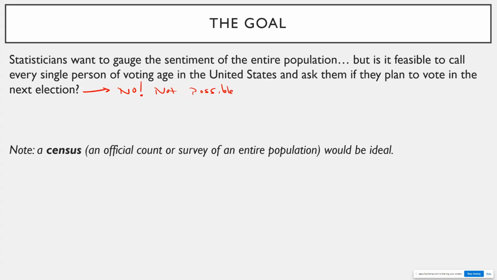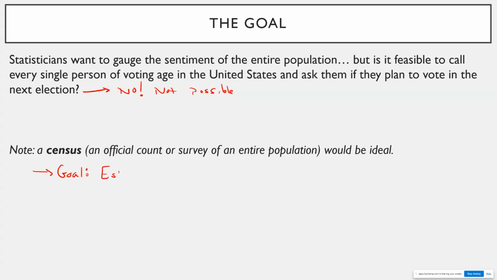Number one, it would just take too long. You have to think about how many people there are of voting age in the United States. We're talking hundreds of millions. So it's just not feasible. Note here that a census, an official count or survey of an entire population, would be ideal. But what our goal is here